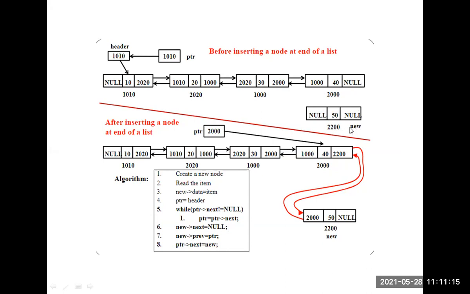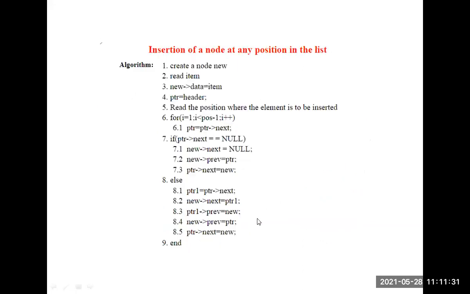Okay, ptr of right link equal to new. The ptr next means right link equal to new. So this part we call it as new. New previous of left link: the previous of left link we connected with ptr. In this way, we connect the insertion at rear end.